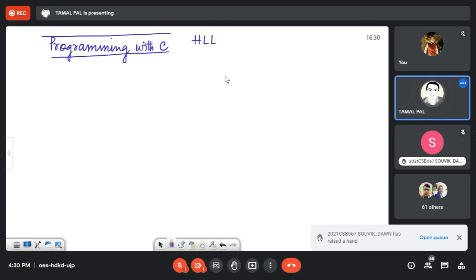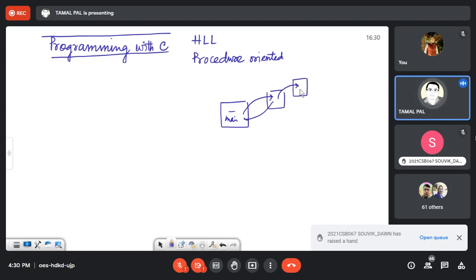Another feature of C programming is that it is procedure oriented. That there will be a main function in C where the execution begins, and there may be some other function which is called by the main function, maybe a function may be called by another function.